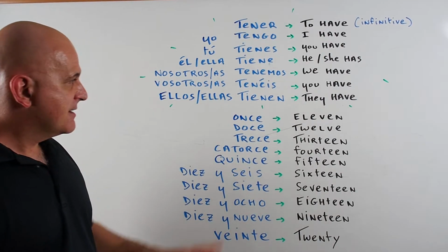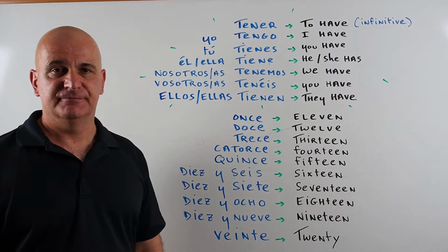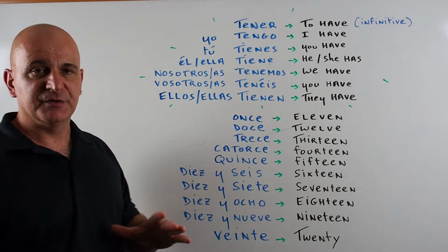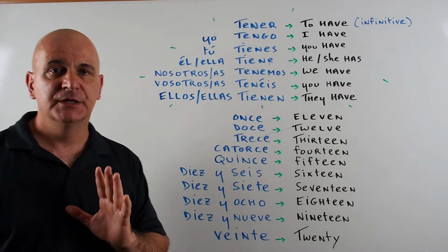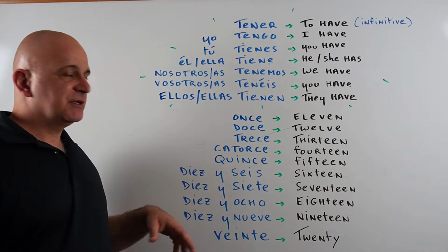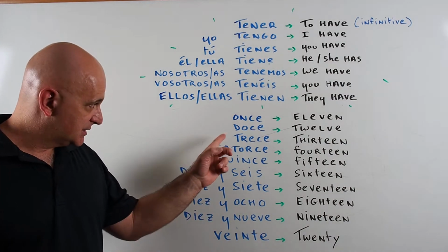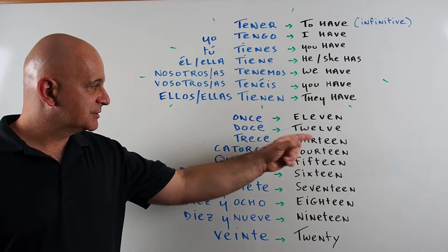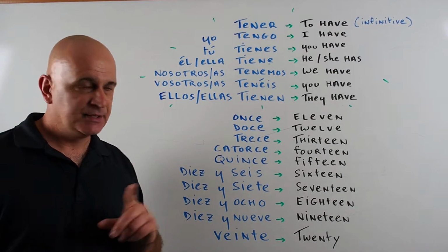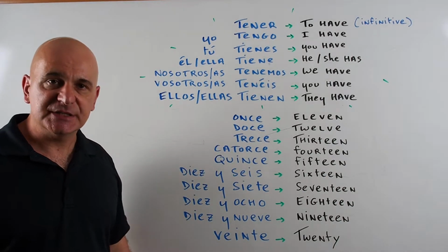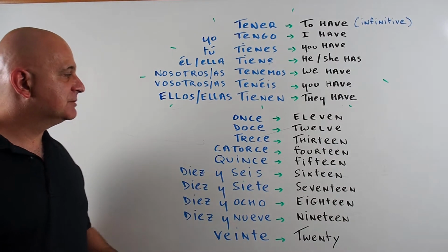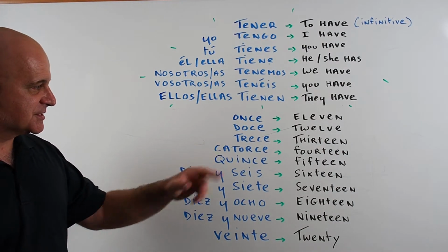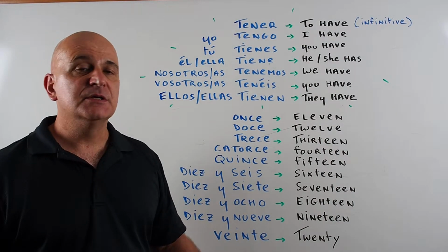11 is going to be once, O-N-C-E. 12, repeat one more time, once. Very good. 12 is going to be doce, D-O-C-E, doce. 13 is going to be trece, T-R-E-C-E, trece. 14 is going to be catorce, okay, C-A-T-O-R-C-E. And 15 is going to be quince,